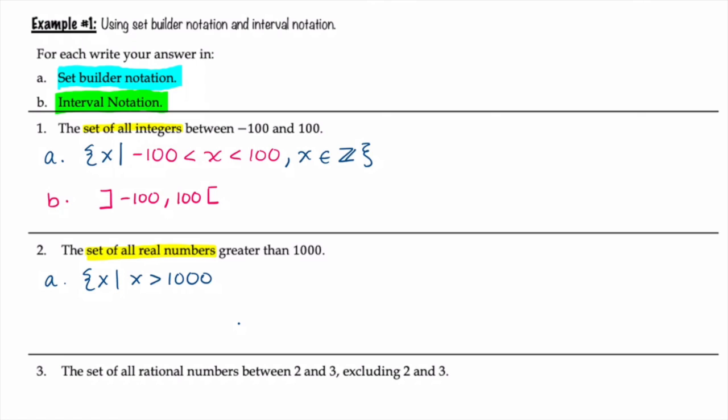I'm going to input my comma. At this point, we're going to include the set that we are working with. So x is an element of the set of reals. For part B, we want to write this inequality using interval notation, which would be